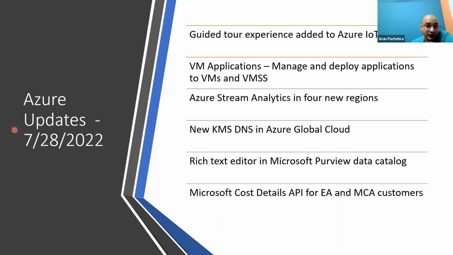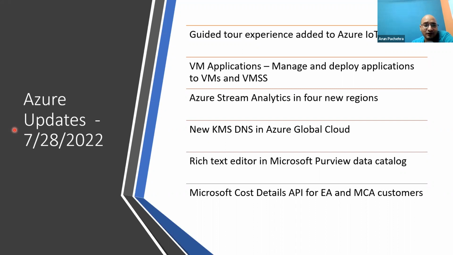Specifically, all Azure Windows VMs provisioned in Azure Cloud from July 2022 are activated through azkms.core.windows.net. And most Azure Windows VMs provisioned prior to July 2022 remain activated using the existing KMS,